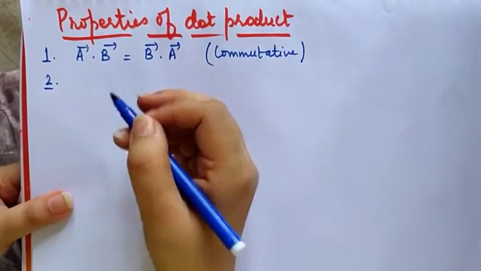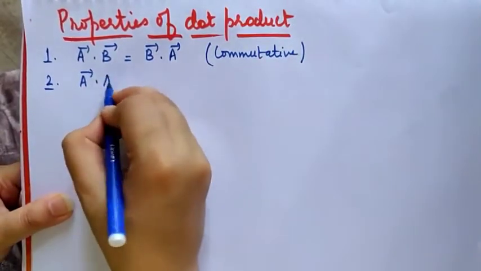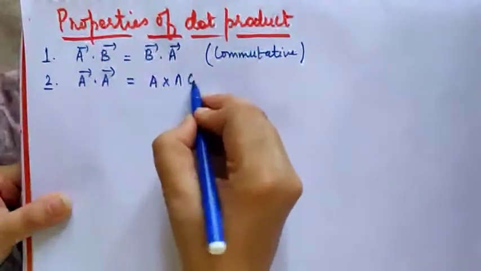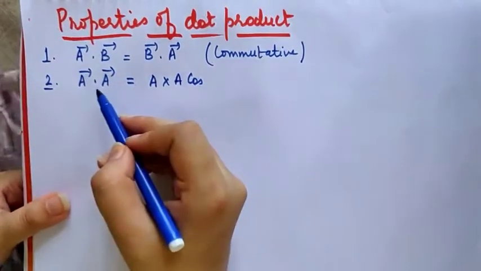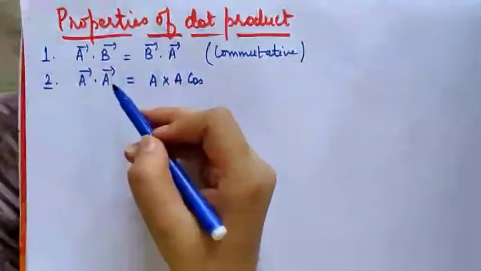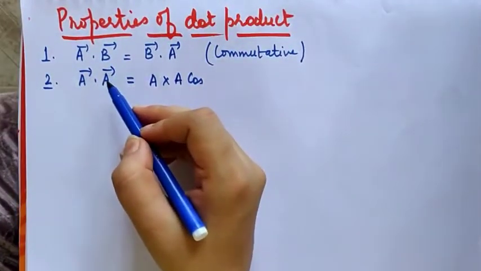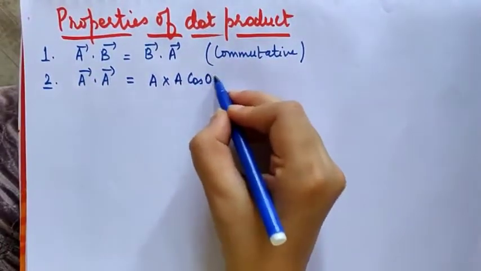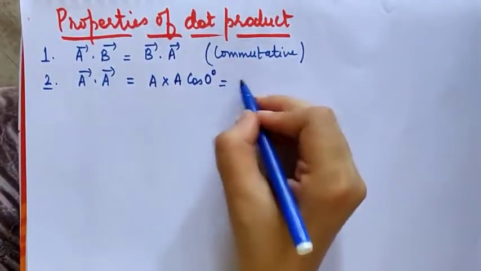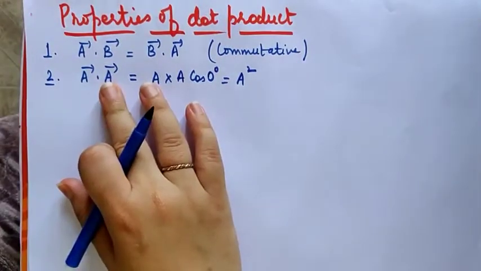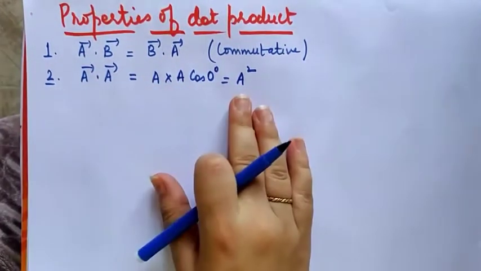Now coming to the second point, suppose I need to dot two vectors which are the same. So what will be the dot product? Magnitude of A, magnitude of A, cos of the angle between them. If both are the same vectors, that means they are equal vectors, and from the definition of equal vectors, we all know that vectors which are equal are also in the same direction. So using that, if they are in the same direction, putting cos 0 here, cos 0 is 1, then it will be equal to A square. That means if you are writing two vectors as a dot product and those two are equal vectors, their answer will be a scalar quantity.